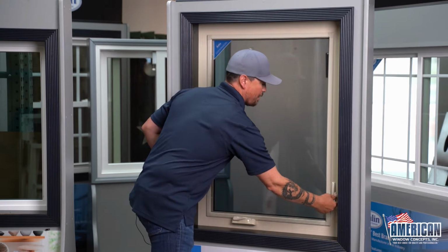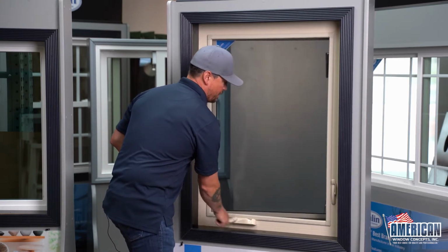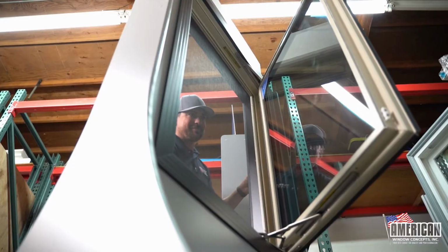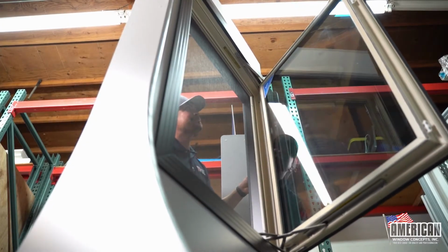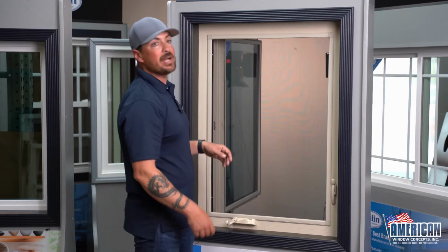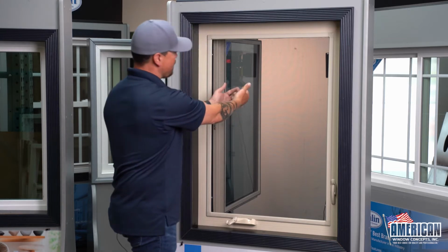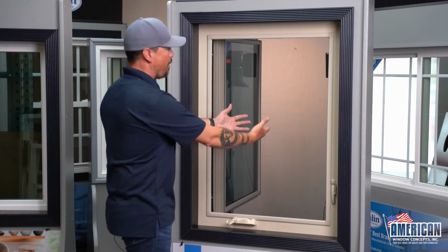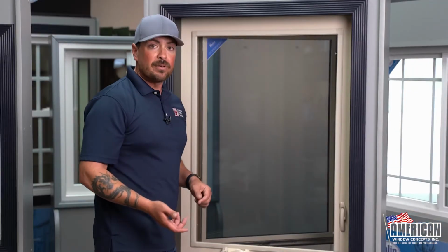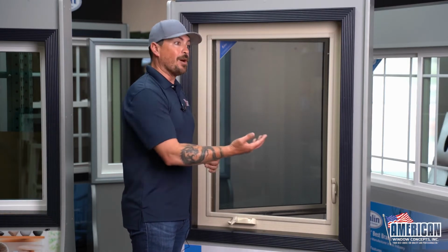First step, unlock your window and open up your window like this. So as you can see, the entire thing is going to open up to 90 degrees, just like a door. Now imagine wind coming in from a certain direction, grabbing against that wind, acting like a sail and pulling it all in. If you're living in the desert and you want to protect yourself against a lot of the wind,